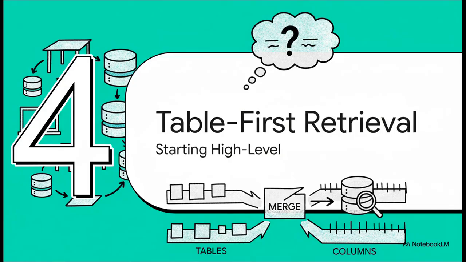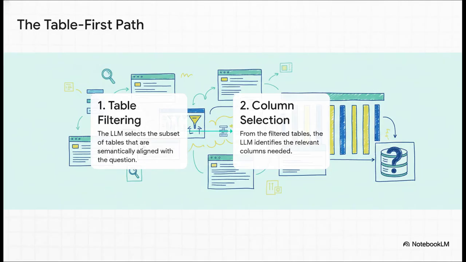So let's follow that first librarian. Path 1 is table-first retrieval. This strategy starts from that 30,000-foot view, trying to figure out the most likely database tables before worrying about the tiny details inside them. And it's a pretty logical two-step process. First, the AI uses our newly augmented question to filter the whole database down to just a handful of probable tables. Then, and only then, does it look inside just those tables to pick out the specific columns we're going